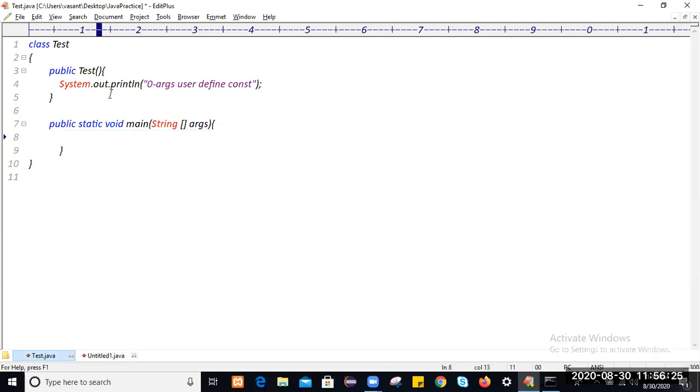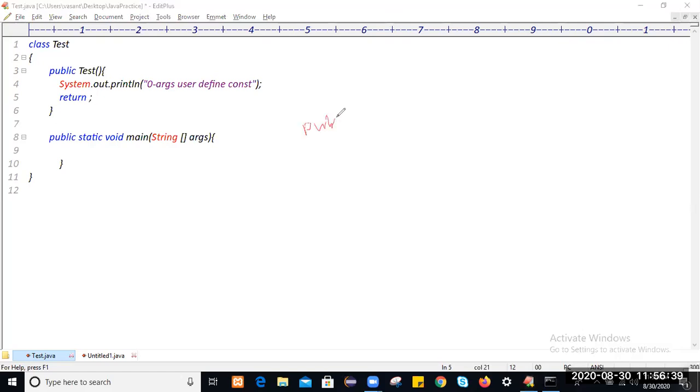Can we keep the return keyword within the constructor like this? Return only? Yes, we can keep it. If we have a method within the class that is not returning anything, then we keep the return type of the method as void.